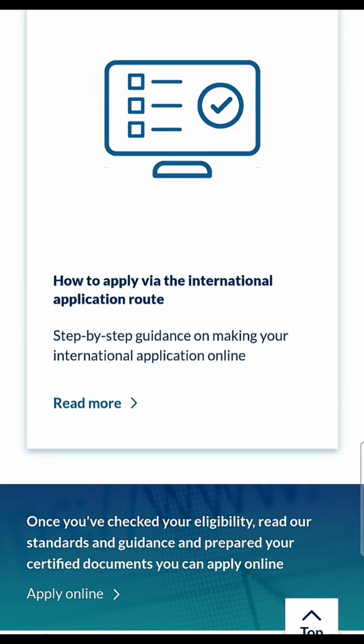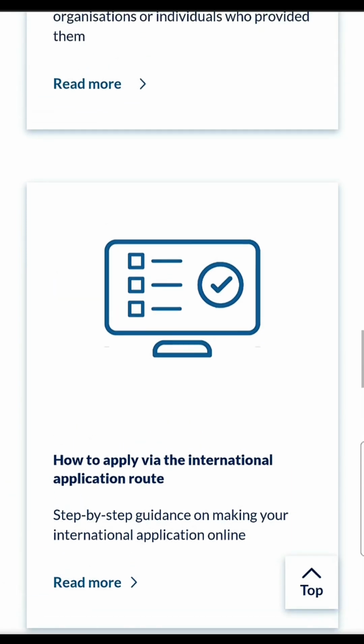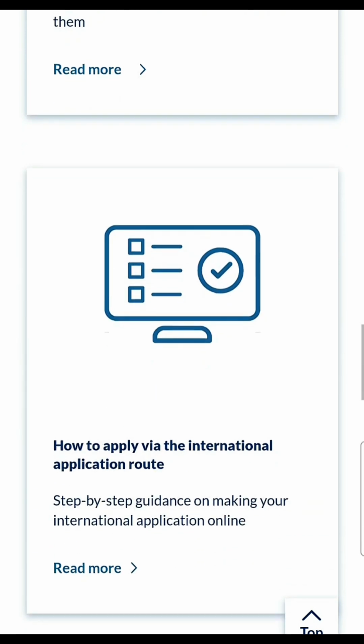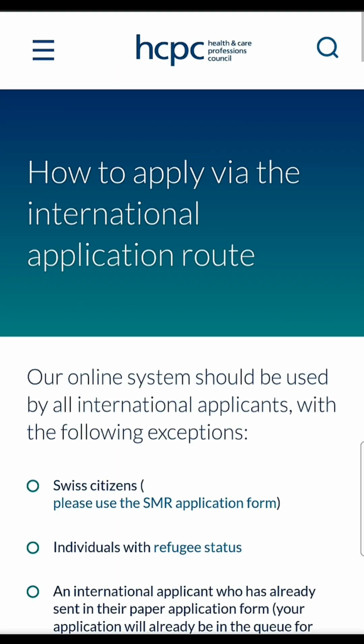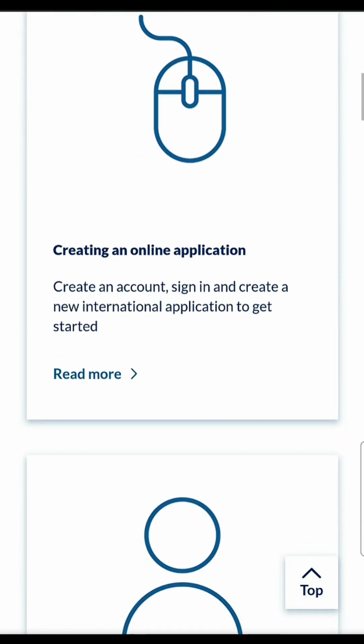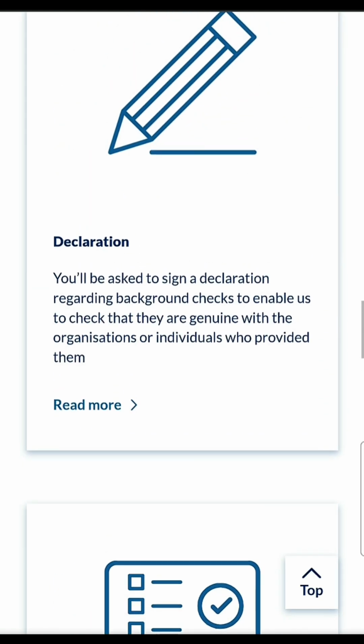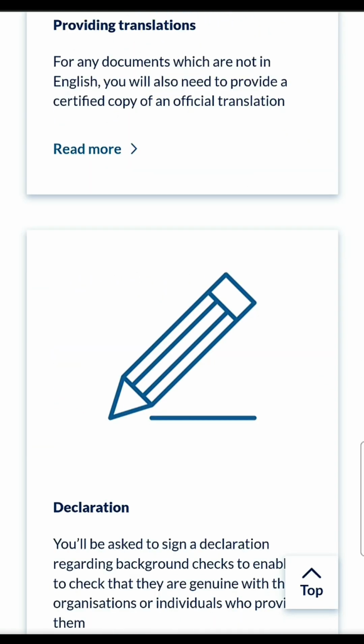So the last and final stage is how to apply via the international application route. So that is application done online. After you've gotten all your documents, and your documents have been translated, you are good to go. You are set to start applying online. So in my next video, I'll be taking us through how to register online and get